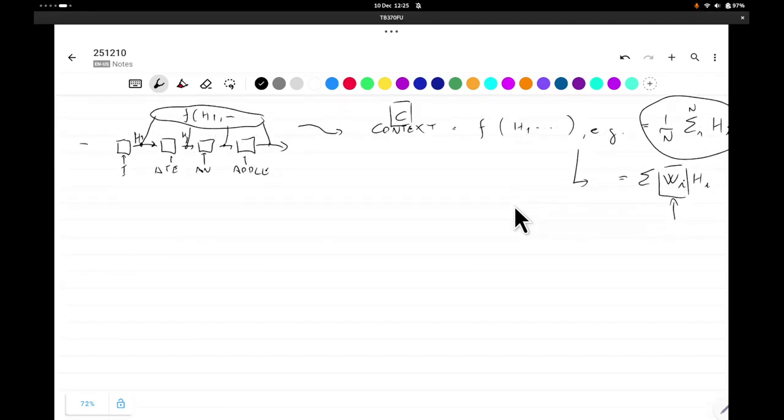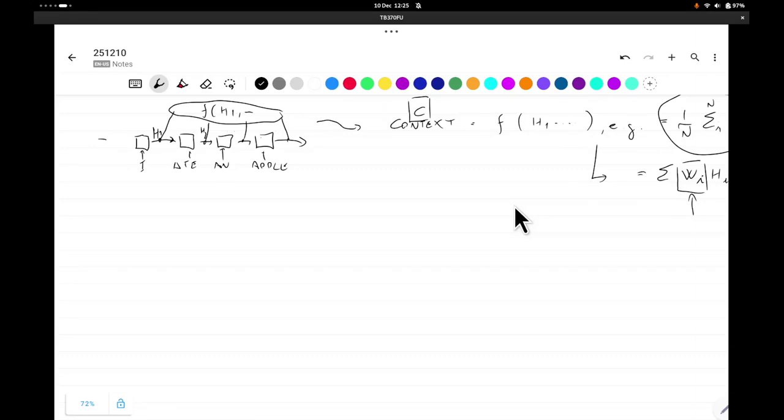What we do is to say, okay, let's say the weights should be a function of the